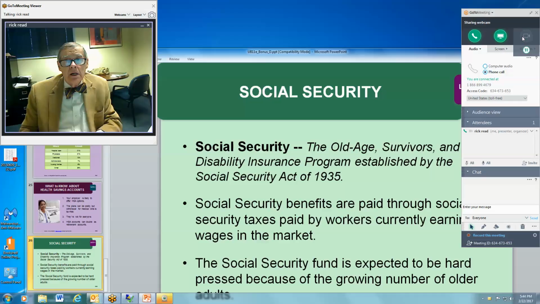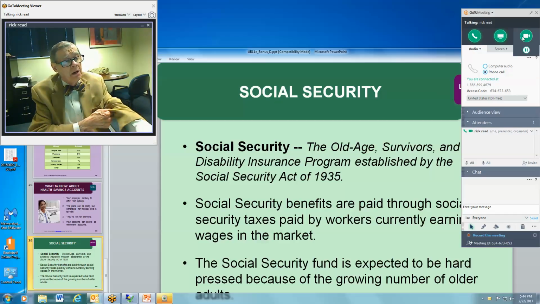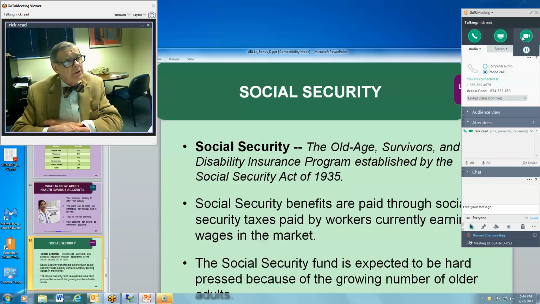Social Security, we know what that is. We pay into that now. We constantly hear Social Security is under fire, won't have enough money, etc. Congress does need to come up with a plan, but then Congress needs to come up with a plan that will not hurt other people.